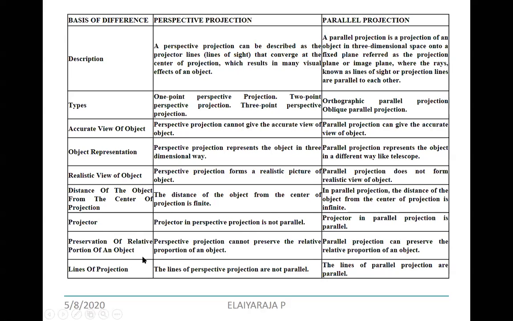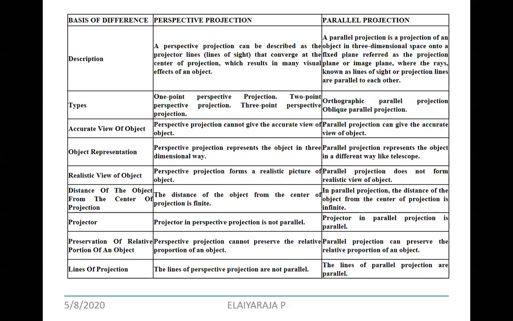And the preservation: how we are going to see the relative proportion of an object.